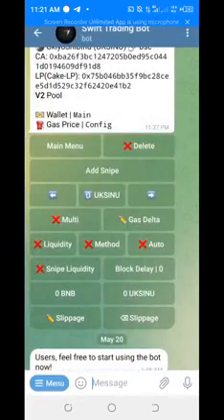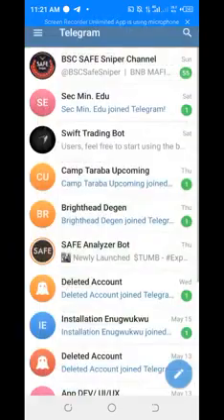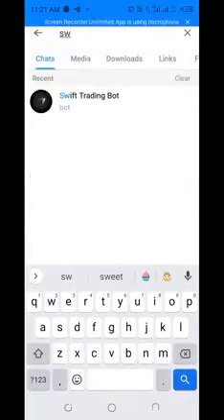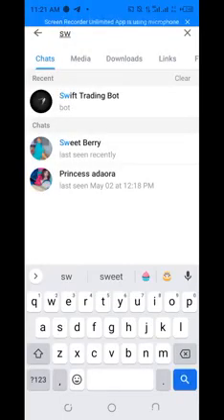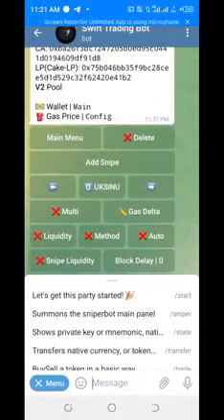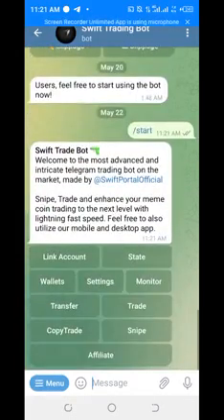If you are a beginner, a newbie, or you want to start using the bot, the first thing you have to do is go to your TG and search for Swift trading. Search for Swift, it came out. You click on it. You click on this place. You see start. You click on start. Get started. The first thing is link accounts, state, wallet, settings, monitor, transfer, trade, snipe, copy trade, snipe, and affiliate. Okay. The first thing you do is you click on